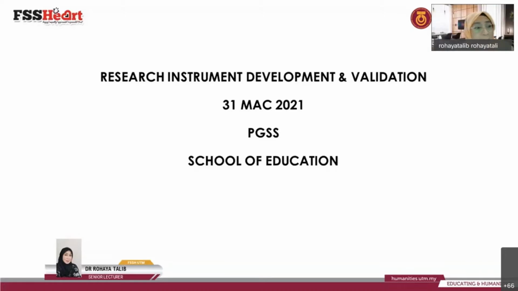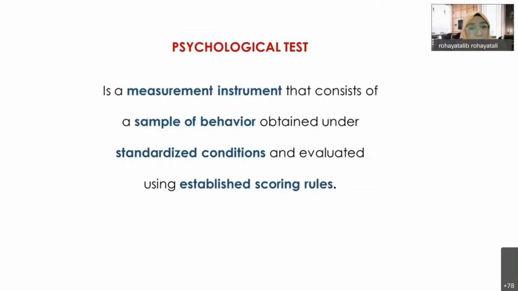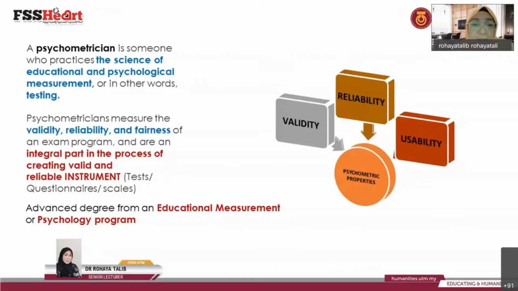So one of the main constraints of doing a research is to develop a research instrument with the validity and reliability principle. In technical terms, a test is a measurement instrument, referring to any psychological instrument. A test is an instrument that consists of a sample of behavior, obtained under standardized conditions and evaluated using established scoring rules. Psychometric properties are what we expect, the evidence from the instrument that should be addressed